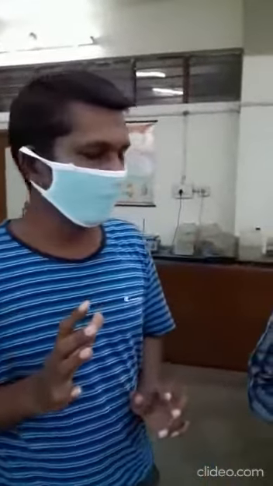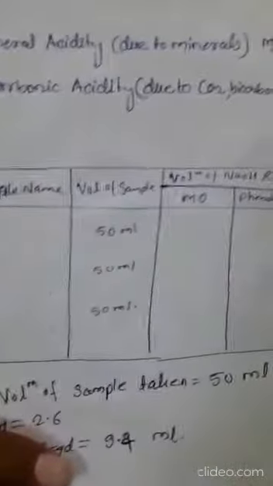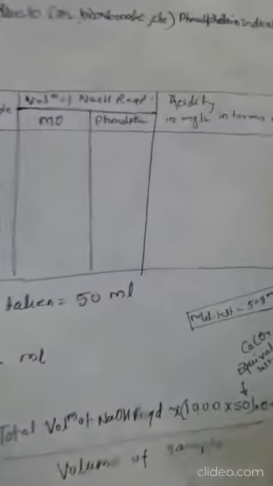Now there is a simple formula. This is a leaflet. In this leaflet you can see the name of experiment, aim, reagent, theory, procedure. After we perform the procedure, we take the readings. Now you have to note them down. Where will you note them down? This is a handwritten observation table. You have already written the manual in chemistry. The same way we have to write down the experiment in the journal.